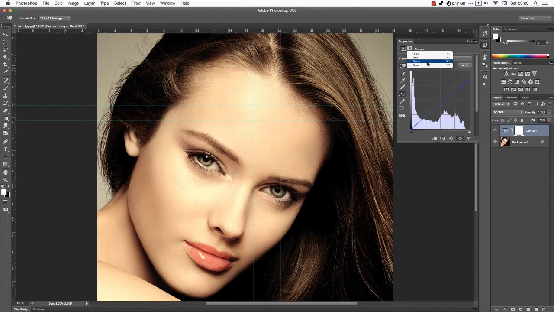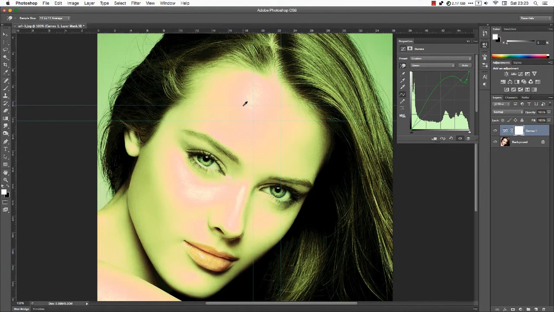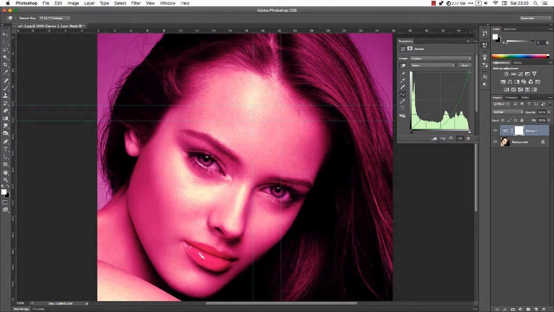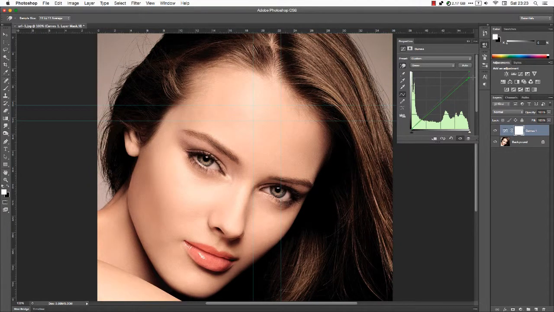Okay, now the same for green. This is the color I want to reach, and this is the color that I want to change. Once again, using the cursors around the same height. This one is deleted, and now I just even out the line. I don't need to touch the red because the red is at 100% here and 100% there, so it will not change. So now I don't need these guides anymore,